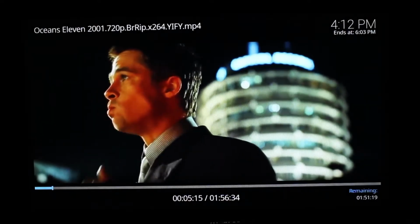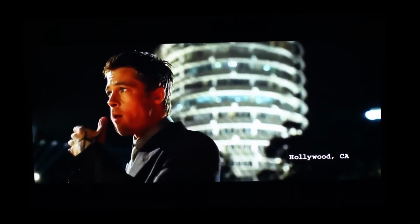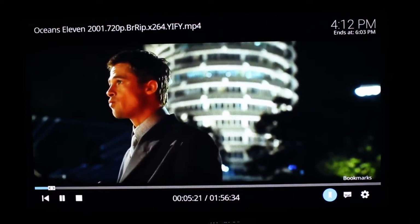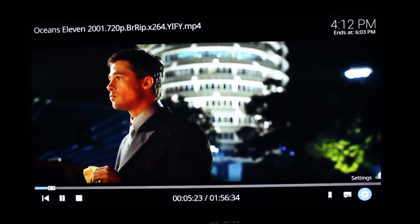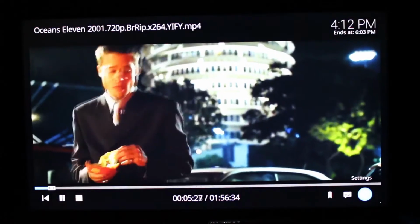Let's fast forward a bit. Oh, I can instantly see the new version. The menu has changed completely. Doesn't look half bad, but...